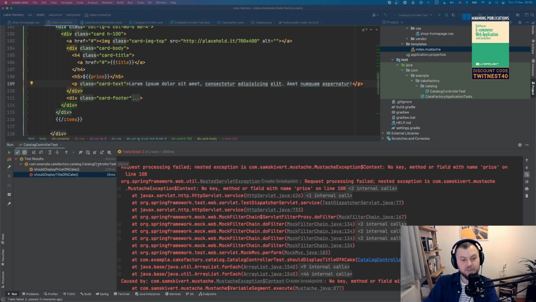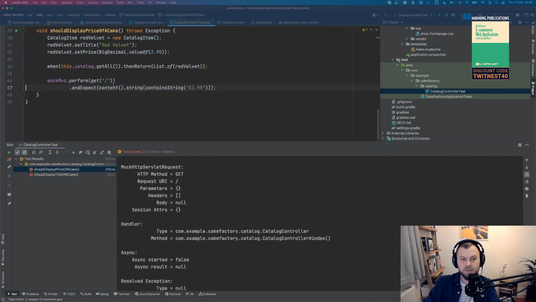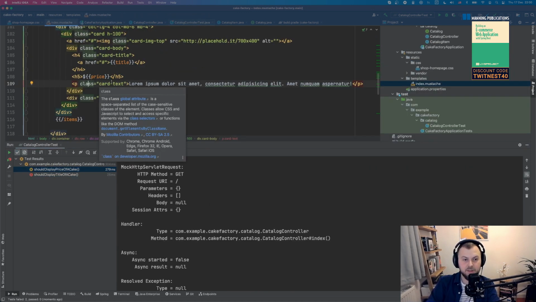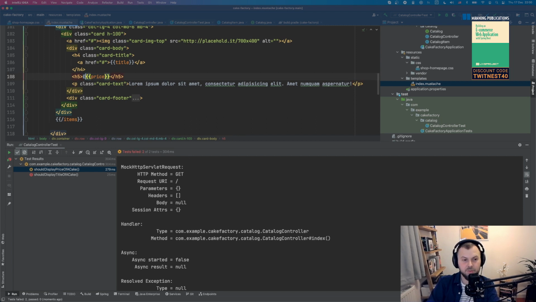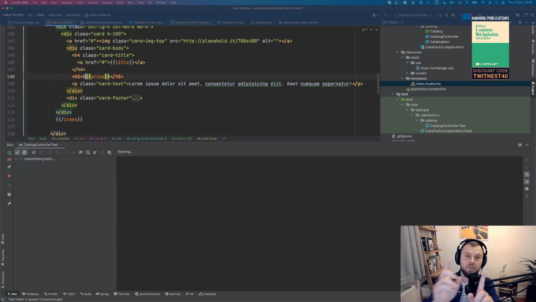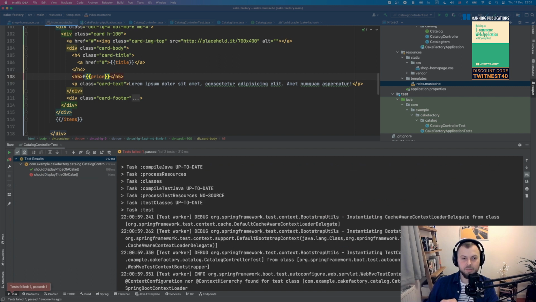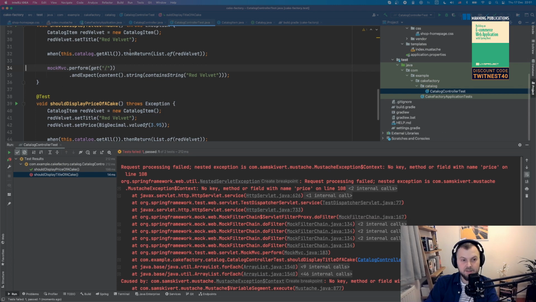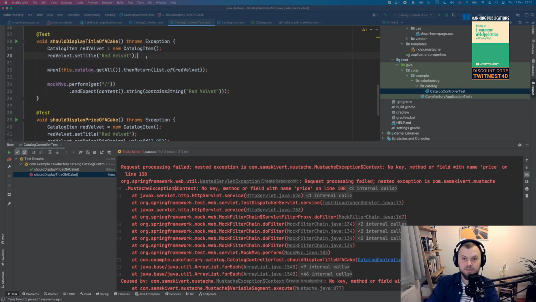Yes, so this is actually quite good, and this is why you need to write tests, right? So now we know that, let's say for this one, the price is not there, and that's one easy to fix. That's what I wanted to show. It's basically we're still using the $ sign, right? So if I change my $ sign to £ sign, the new test will pass, the old one will fail. You would ask why? Because by default, Mustache is not happy when you're trying to render a property which is not there in a model. So we're trying to render a price on something that doesn't have a price. Let's say in this case, I'm not setting the price, and that's why it's failing.